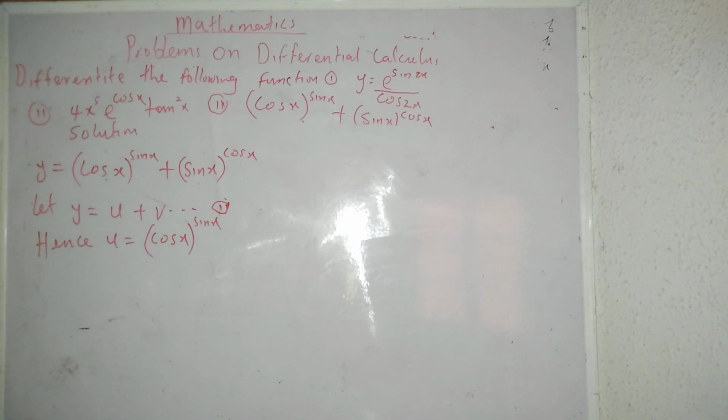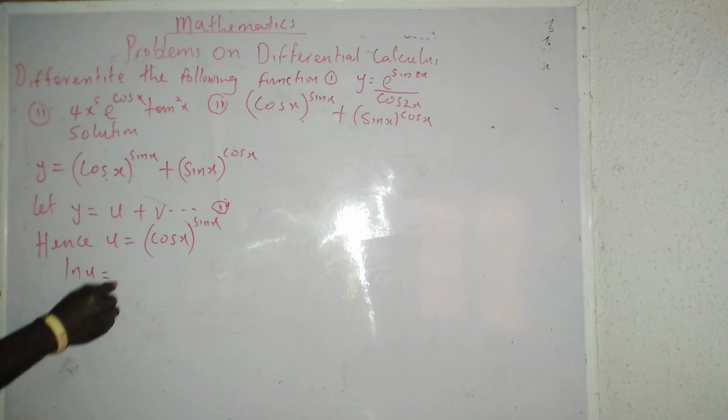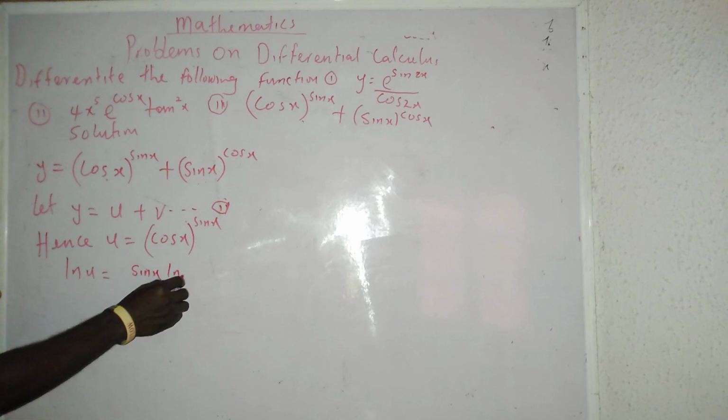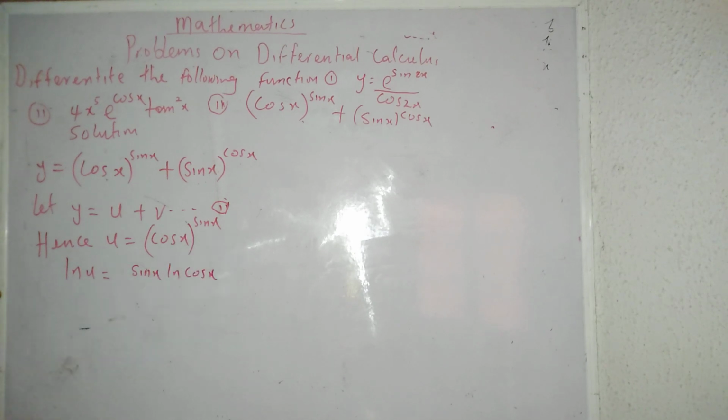Now, if I apply ln here, I will have ln u equals sine x ln cos x. Now, this is a product. If I differentiate this, I will have 1 over u du/dx equals